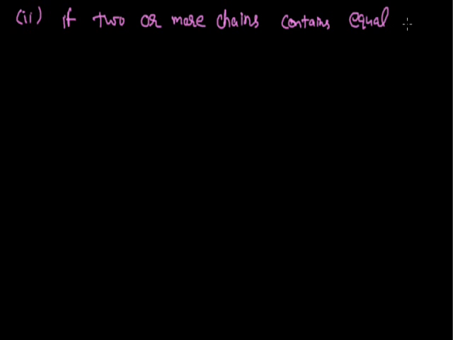That is, for the selection of the parent chain, if we have a condition where two or more chains contain an equal number of double bonds, or in the case of alkyne, an equal number of triple bonds, then that chain will work as the parent chain which contains the maximum number of carbon atoms.